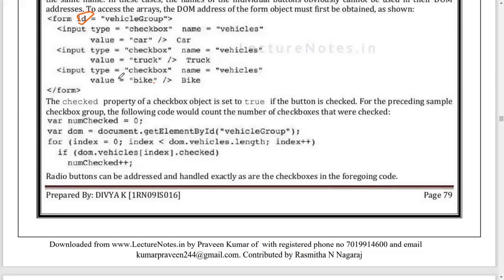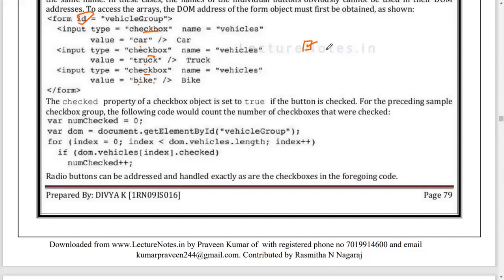In this example I have the form ID as vehicle group, and I have three checkboxes, with values given as car, truck and bike. Checkboxes are something you can check like this.